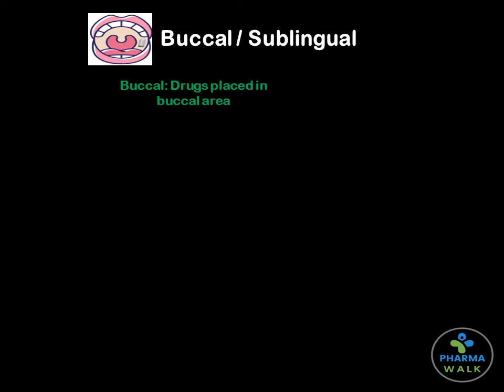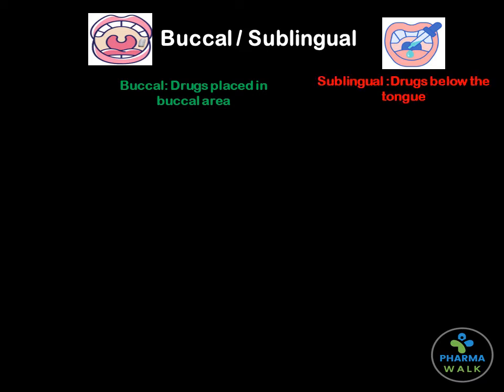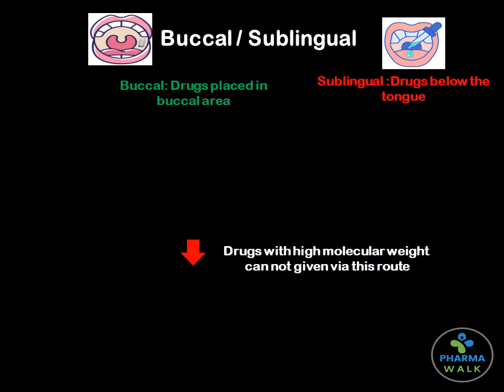Now third, that is buccal and sublingual. So buccal means placement of the drug in the buccal cavity. Drugs placed into the buccal area of the mouth. Sublingual, sub means below, and lingual means tongue. That means drug placed below the tongue. Advantages: faster onset of action. It avoids first pass metabolism, means it directly enters into the blood. Demerits of the buccal or sublingual route. Drugs with the high molecular weight cannot be given via this route. Examples: nitroglycerin tablets administered via the sublingual route, useful for